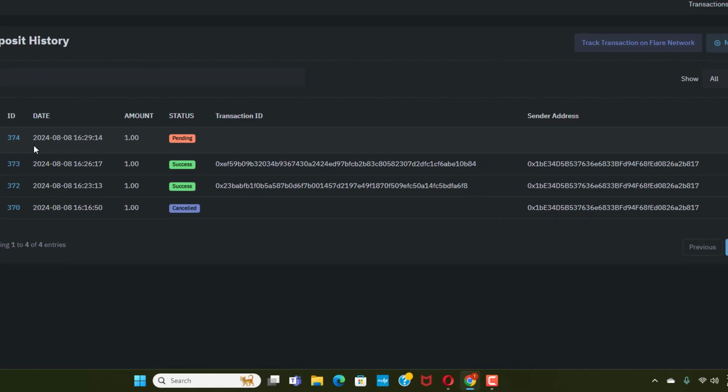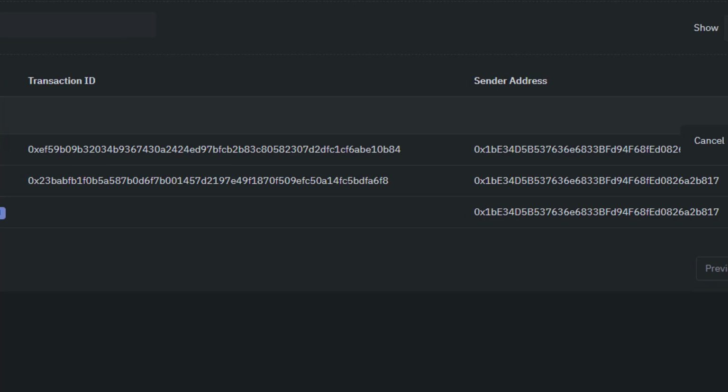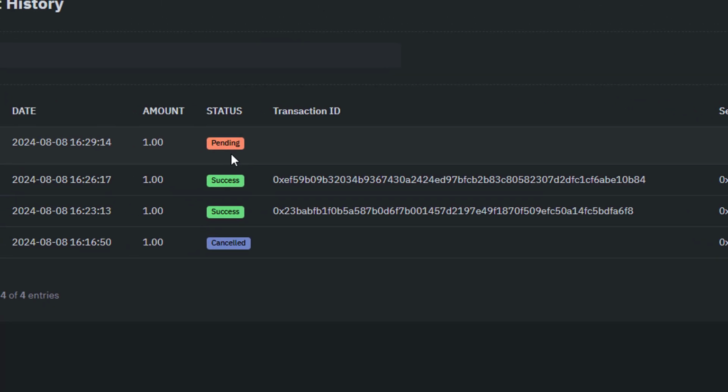Now I want to go over here to deposit history. And now it's going to show that I have a deposit pending. If you have a deposit pending, as of how the system is constructed right now, you won't be able to make another deposit unless you come over here and cancel this deposit. Some of you have reported that you have things pending, and that could have happened because of a little bug or what have you.